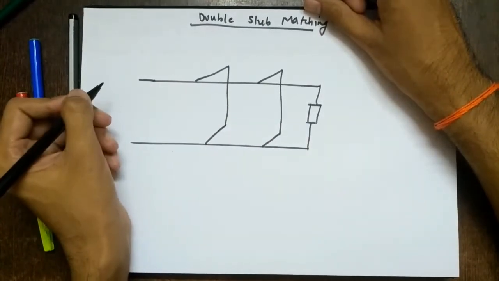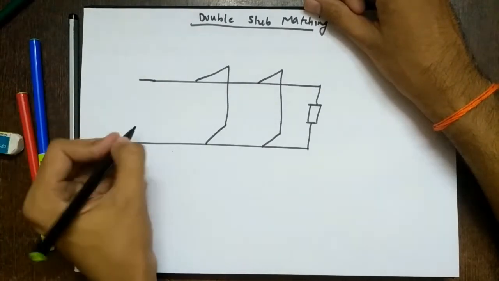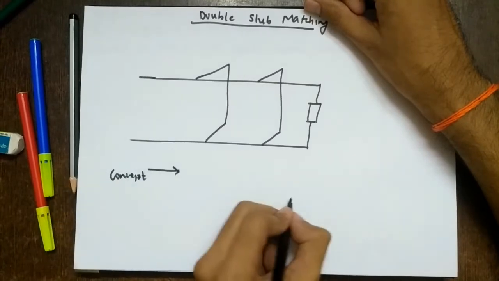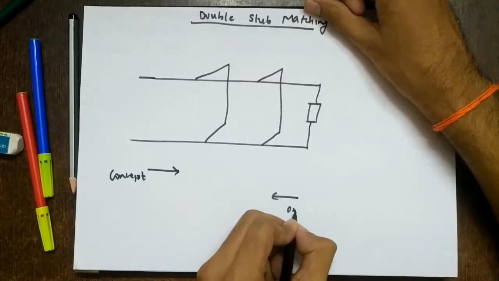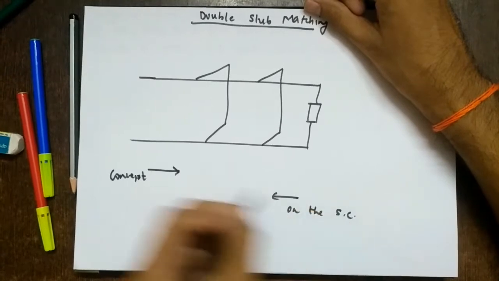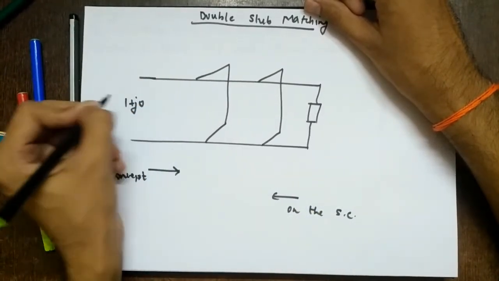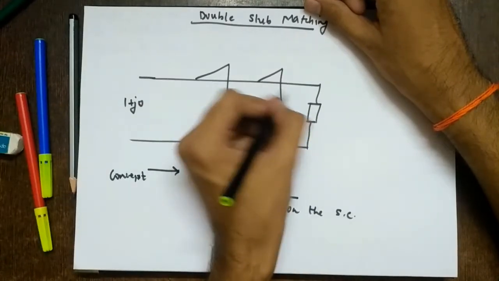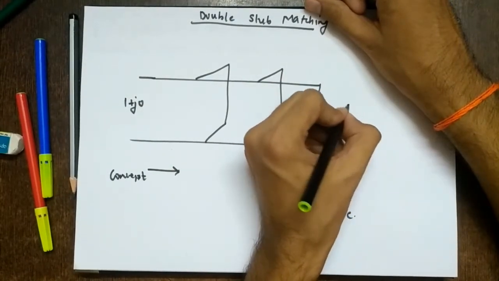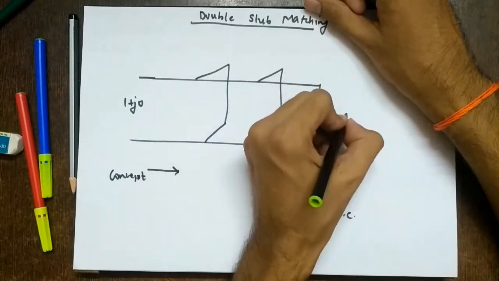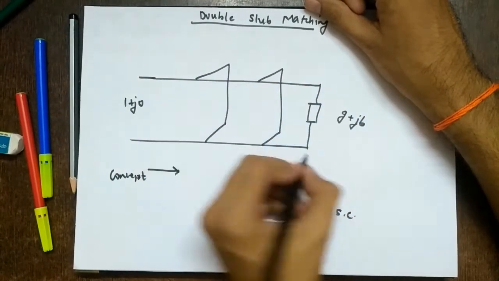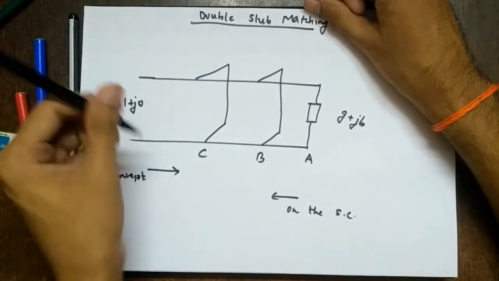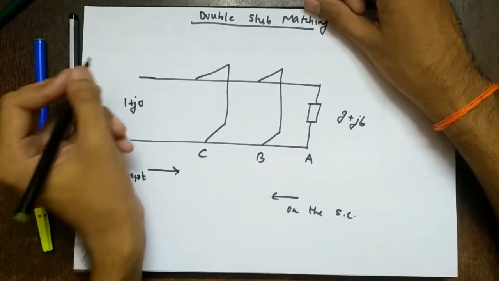Again, as we did in the last lecture for single stub matching, we developed the concept towards the right and plotted on the Smith chart from right to left. So we'll use the same method here. The normalized impedance is 1 plus J0, corresponding to the characteristic impedance on the Smith chart. Since these are in parallel, we'll convert ZL to YL using the VSWR circle and the diametrically opposite point. So we'll get this as G plus JB. Let's say this is point A, this is point B, and this is point C. These are the things we require at the start.